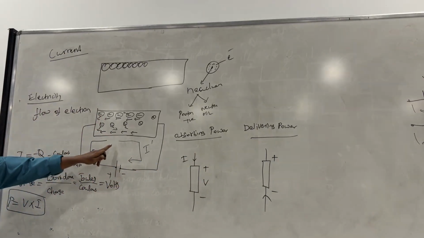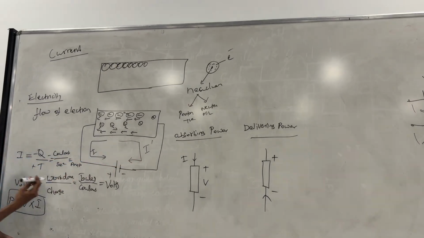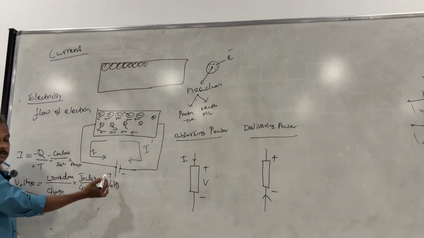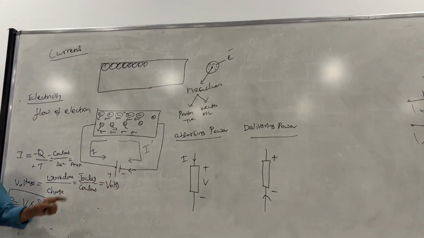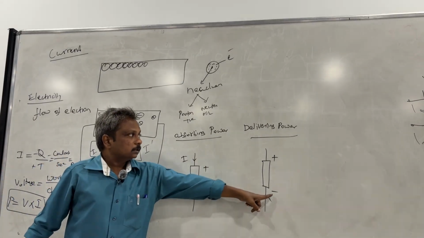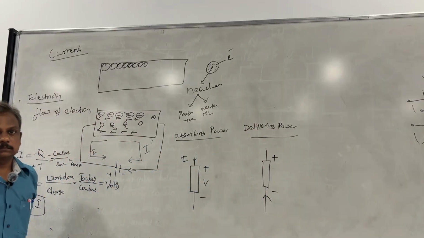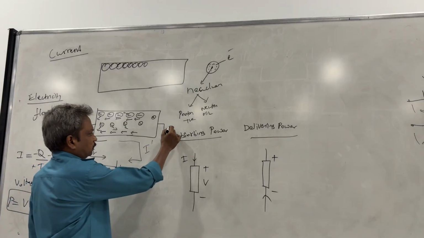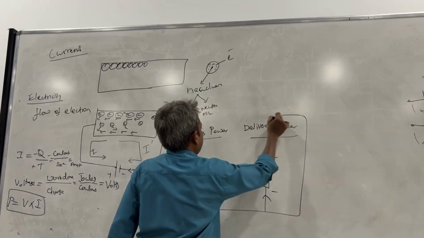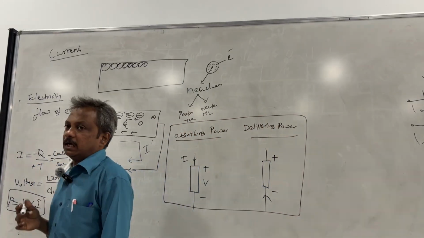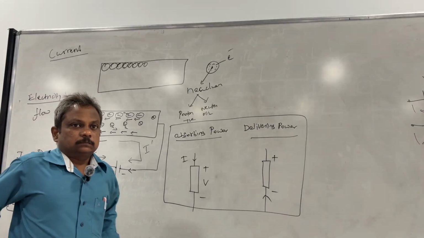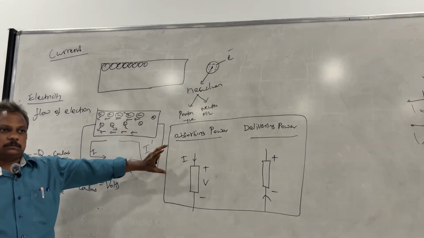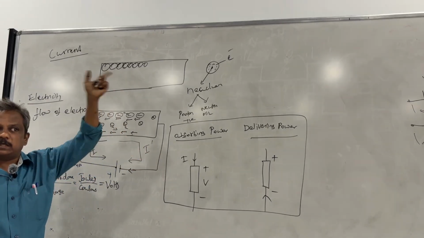See, here also I have taken I dash where current is entering at negative and leaving at positive, delivering power. Okay, can you understand? Can you correlate? So this is the fundamental classification. If you know this, you can solve any big problem. Okay, current, voltage, power, and the classification: delivering power, absorbing power.